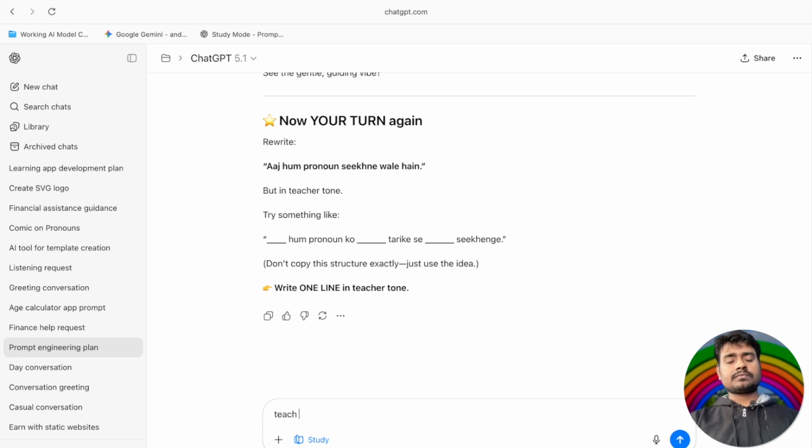Teach pronoun in a simple and friendly manner like a teacher. Okay, the way I'm writing it might be wrong, so I will tell you that beforehand. And then I will just say that like